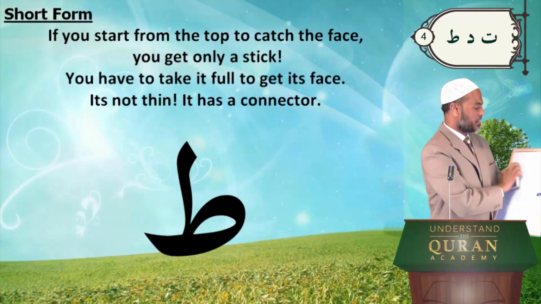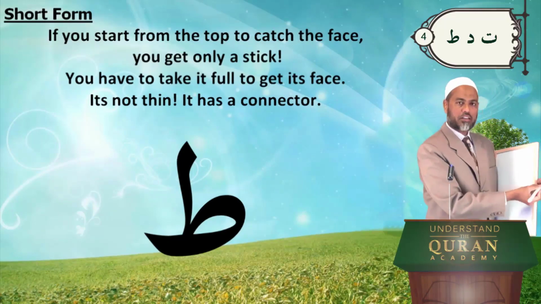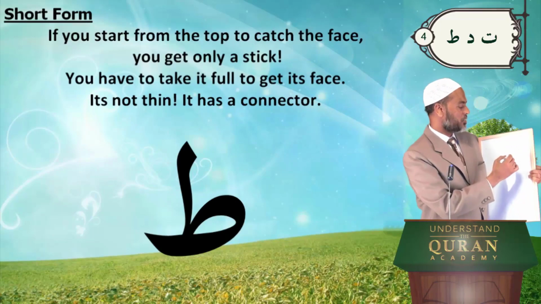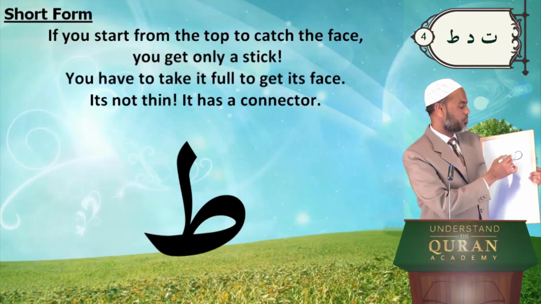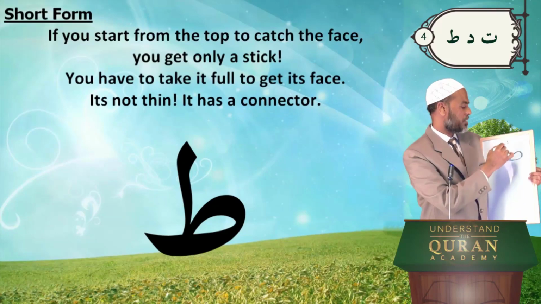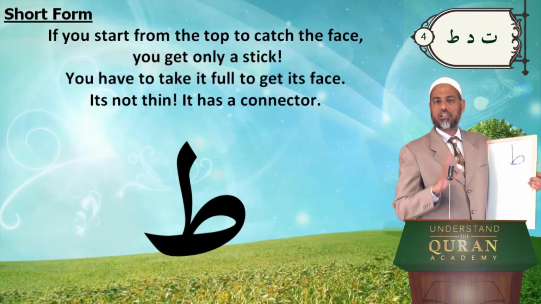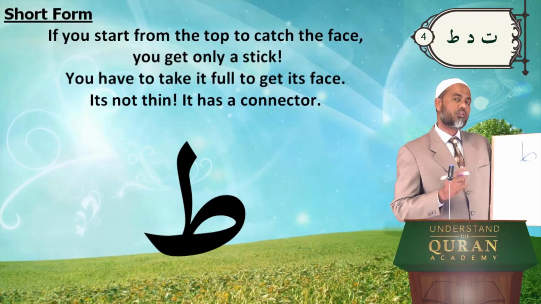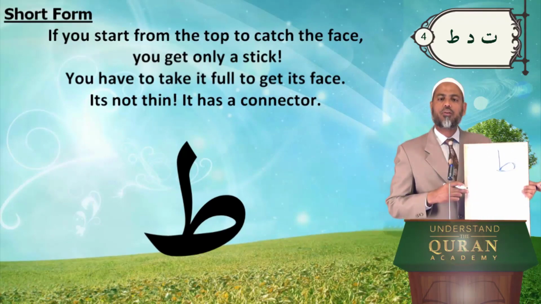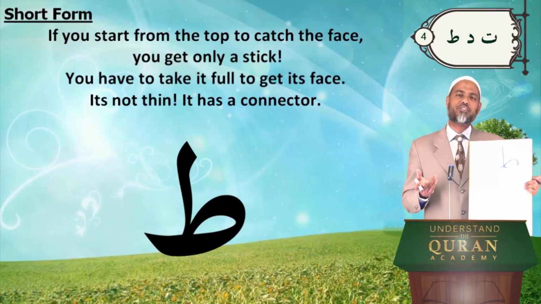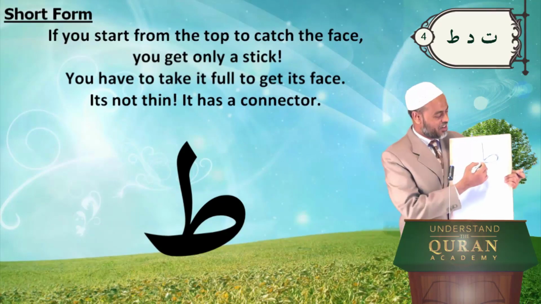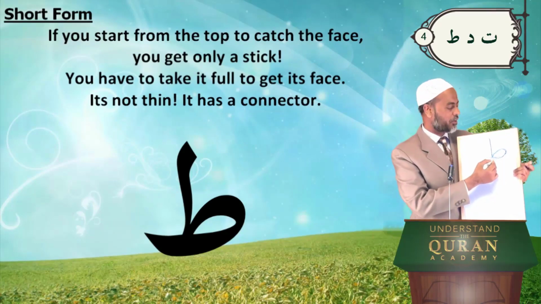If I write the letter ta, let's write the letter ta. And then we will learn the short form. So just like dha, you make this tongue shape and then put the stick there, but there is no dot in ta. The dot represents stronger airflow. Dha. That's very smart of those people who designed the Arabic letters. They have a message there also. All right, it's an amazing Arabic.